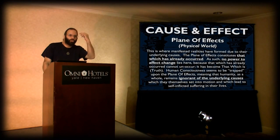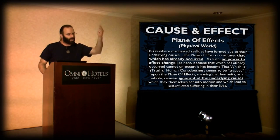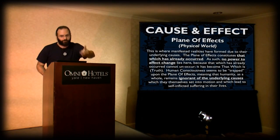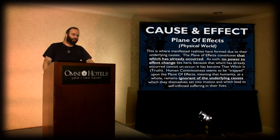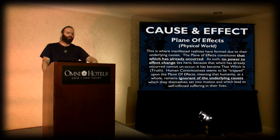Because the underlying causes aren't changing. And the underlying causes are how we think, how we feel, and how we behave. And no one wants to look at that. They want to think all those things can stay in place and I can magically get what I want. I want to keep my hand over the fire, but I don't want it to burn and blister. Well, enjoy. Find out what you get when you do that, because that's what we're doing when it comes